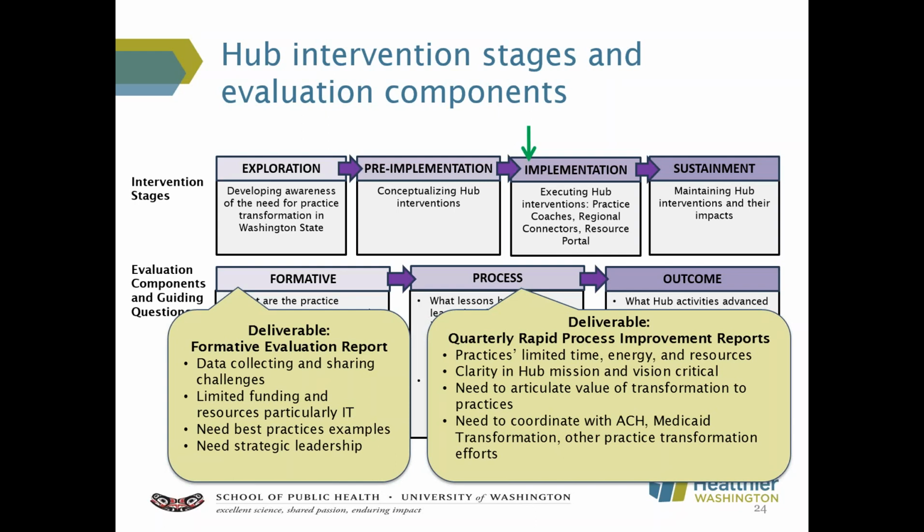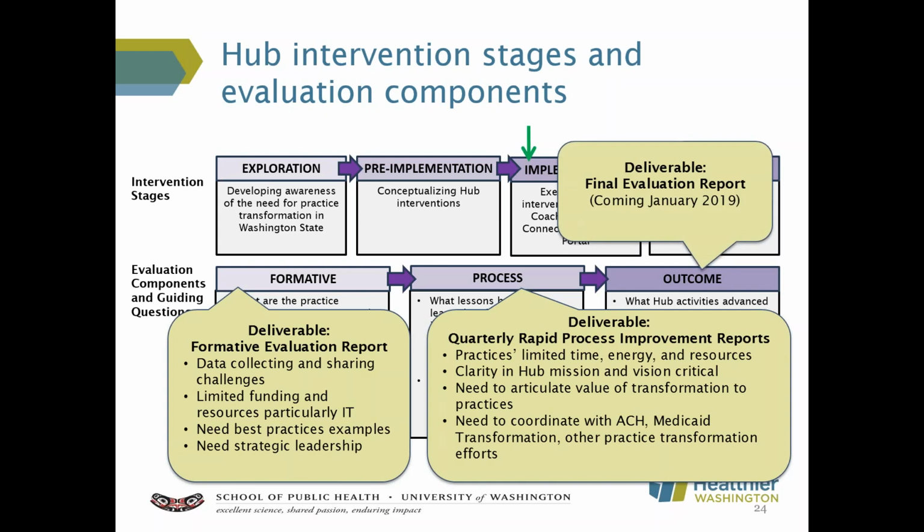And to convince practices to engage, the hub needs to articulate the value of practice transformation so that clinicians can know how it will benefit them and their patients. Another finding was the need to coordinate with Accountable Communities of Health, Medicaid transformation, and other practice transformation efforts in the state. For the final evaluation report, stay tuned until January 2019, when our team will submit the report at the end of the SIM project